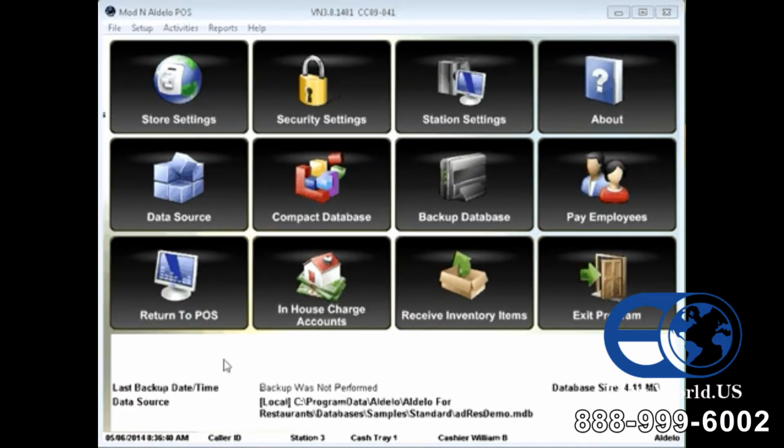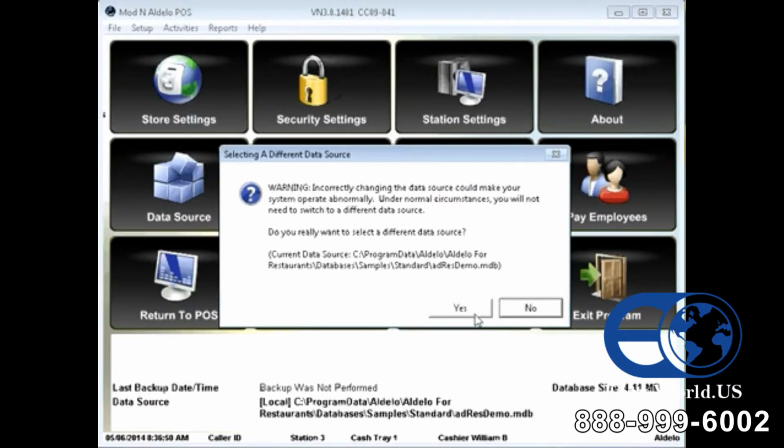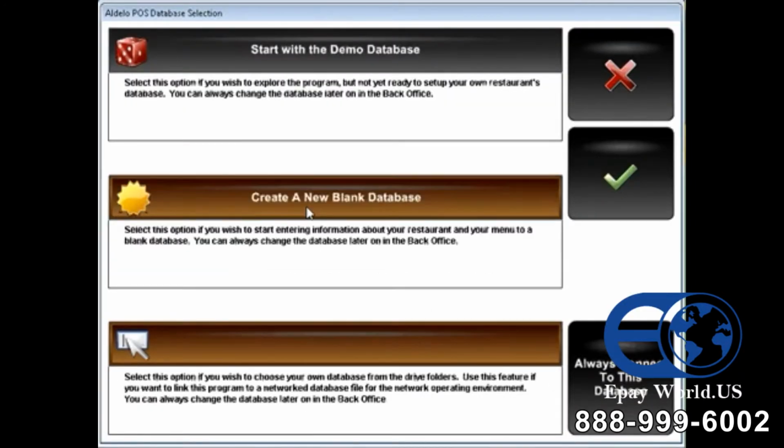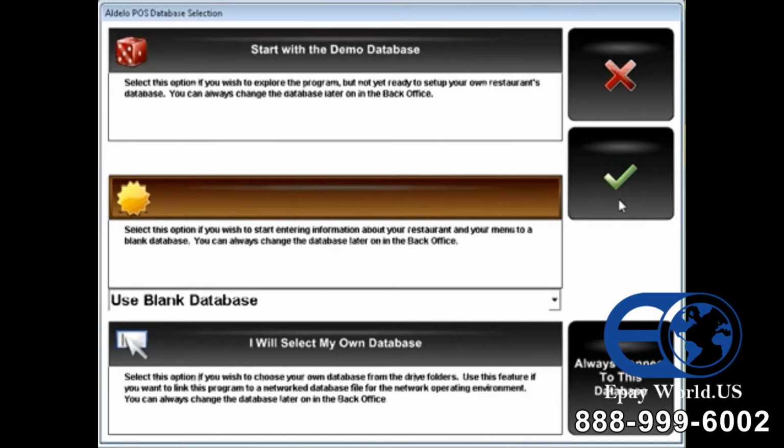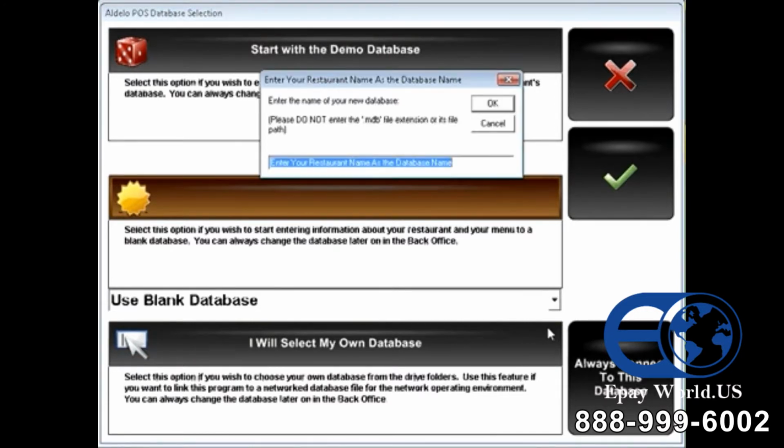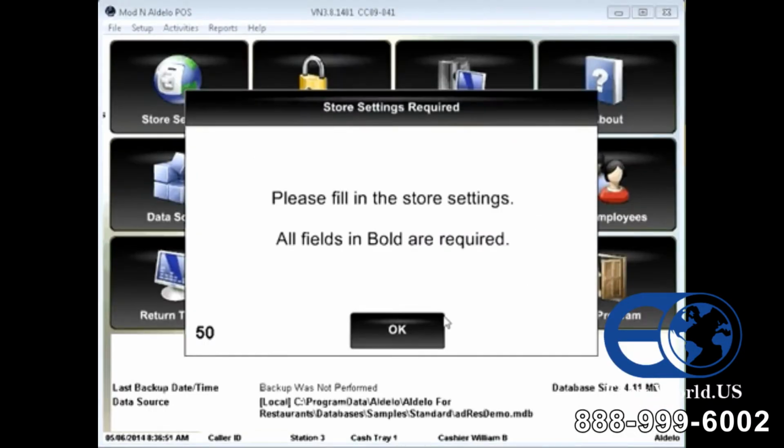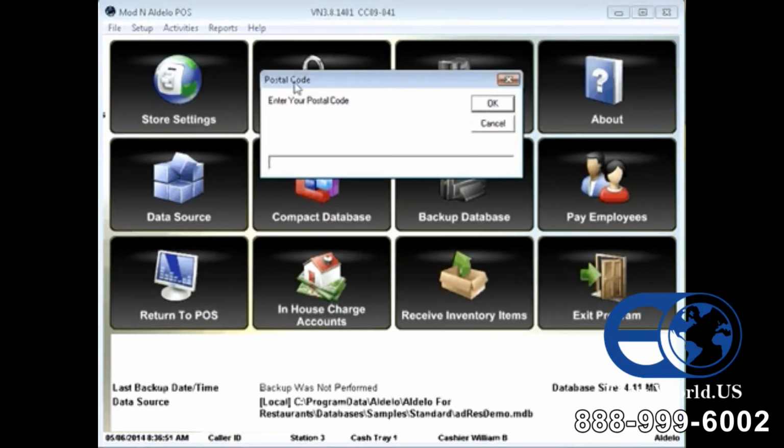Now, the system does automatically set you up with a demo database. To change data sources or create your own, simply click on Data Source, acknowledge the warning message, and create New Blank Database, and click the checkbox here to give your database a name. Once you give a database a name, you'll need to pick your station and store settings information, starting off with your postal code, your city name, the state,